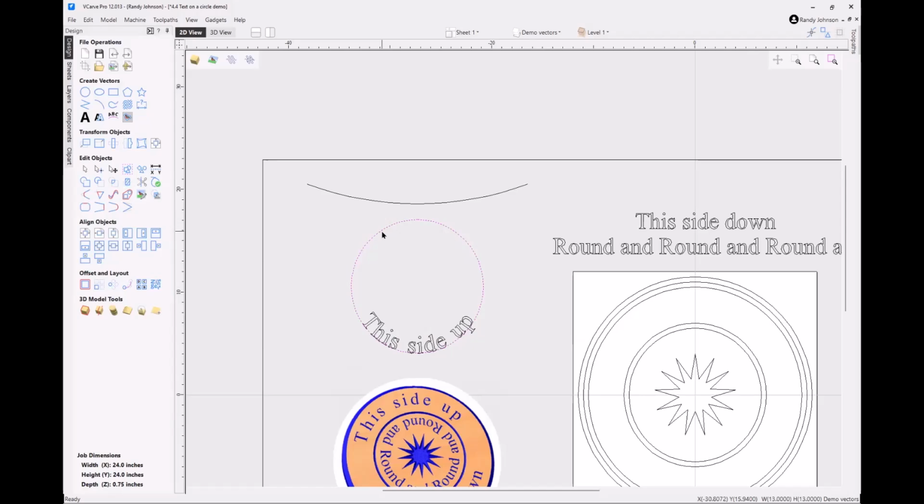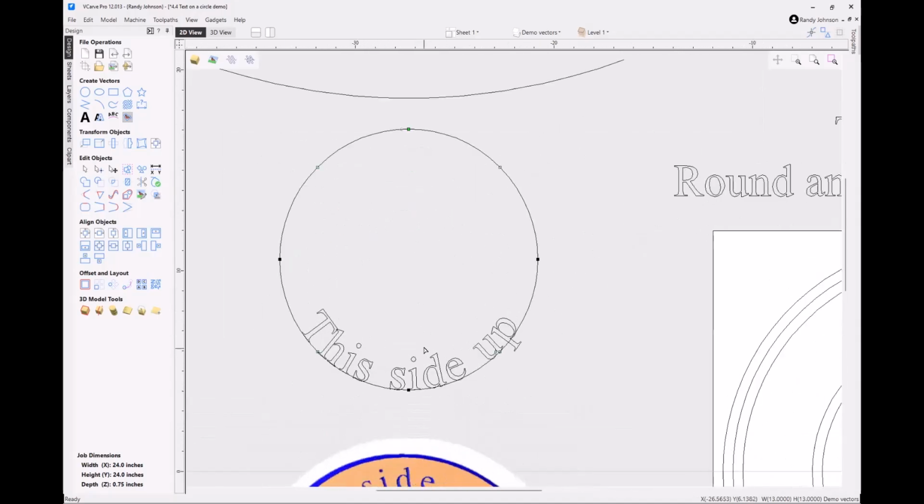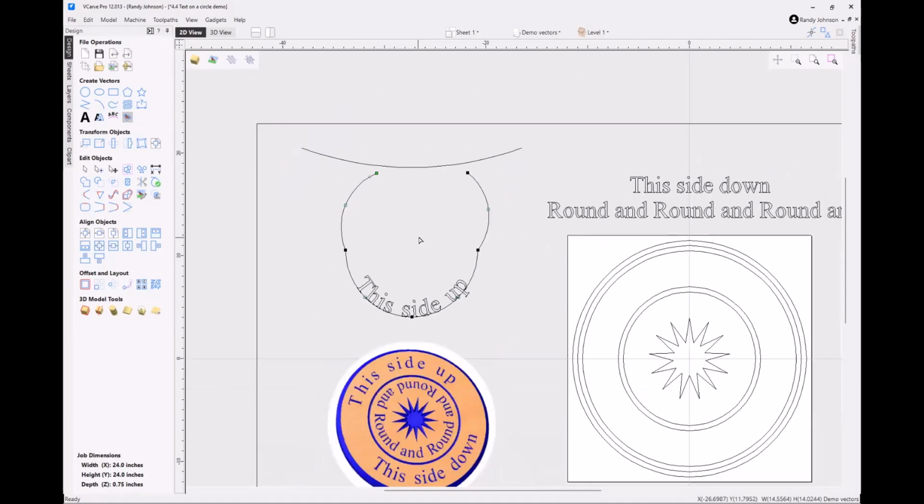Another way to look at this is if I go into Node Edit. Let's do this. I select that line. I go into Node Edit with the right click or the N key of the keyboard. I go over that node right there and I hit Cut Vector. Now, nothing looks like it's changed, but if I right click or left click on that and drag that, now you can see how I really have one single line. It's got some arcs to it, but now you can see how this is the left end and